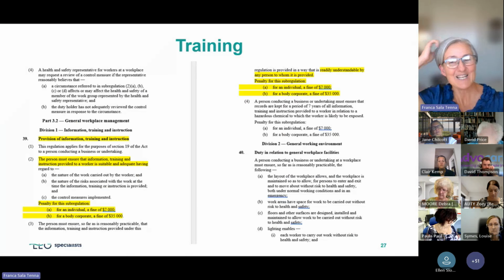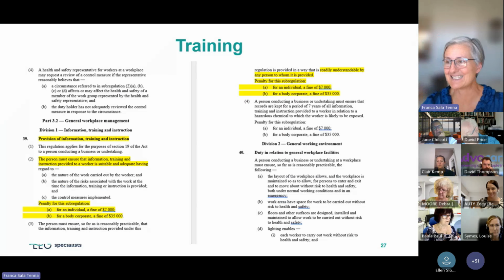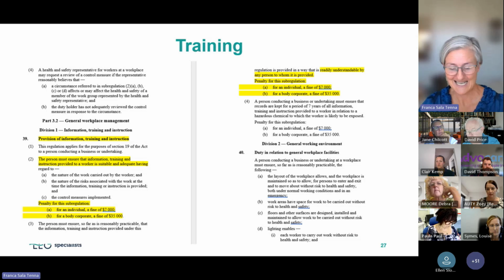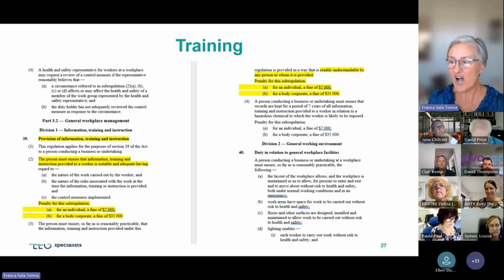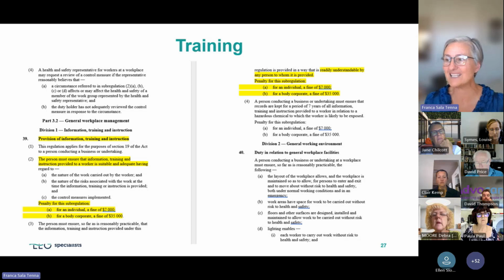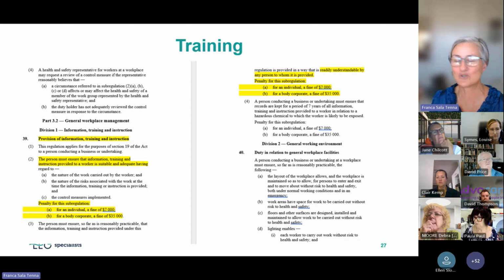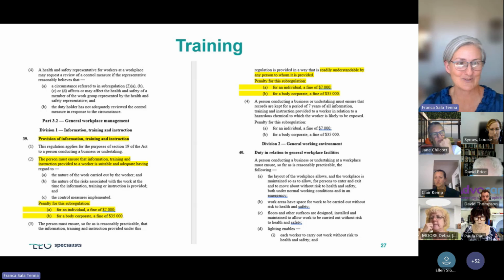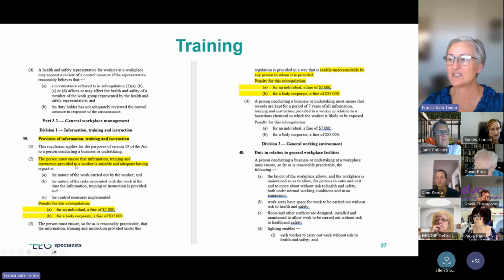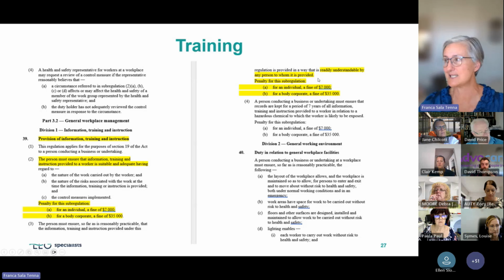And this is just, you know, when I was doing my snoop around the legislation, I came across this section and I was like, oh, look at that. So I did not know that you can be fined if you have not done adequate provision of training and instruction to your people. Maybe you did know that. I think training is important for so many reasons. Did not know that there was a penalty. So the person must ensure the information, training and instruction provided to a worker is suitable and adequate and also readily understandable by any person to whom it is provided. So look at that. Who would have known that there was a penalty related to training,